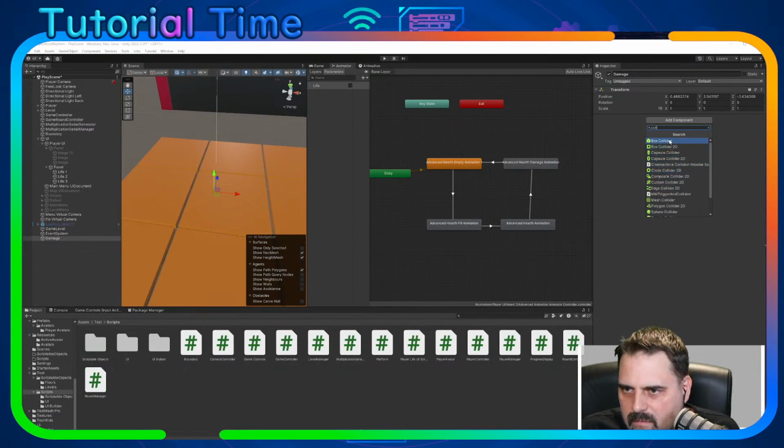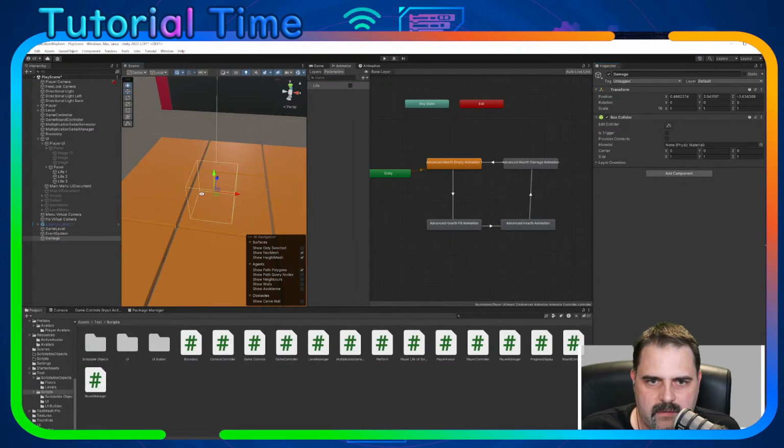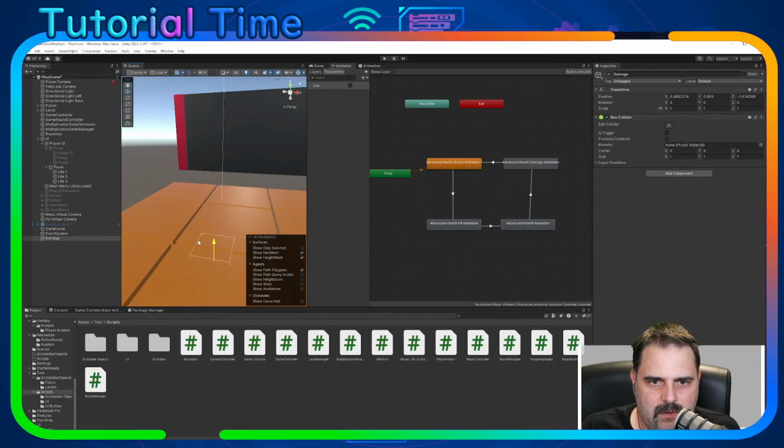Just even a box collider is fine. And I place it here. I will be in my game